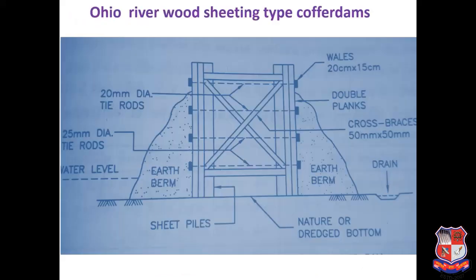So here the figure is shown for the double wall coffer dam. Initially these are the wells at around 1.5 meter which are fixed. Then here these double planks are there, 1 and 2, and then after it is consisting of the sheet pile. So this is sheet pile. Here two layers of sheet piles you can see, and these are called tie rods.